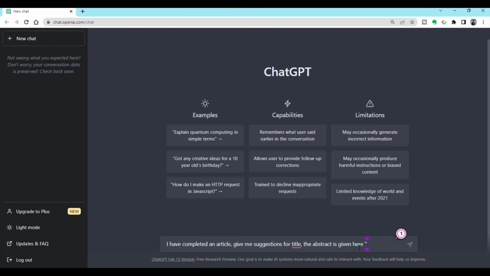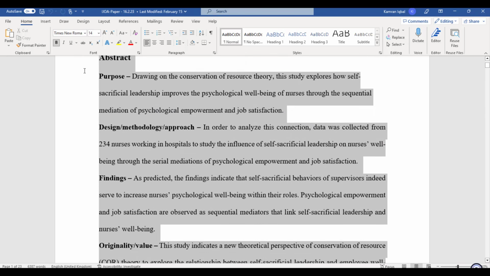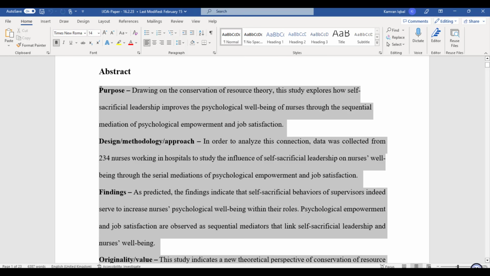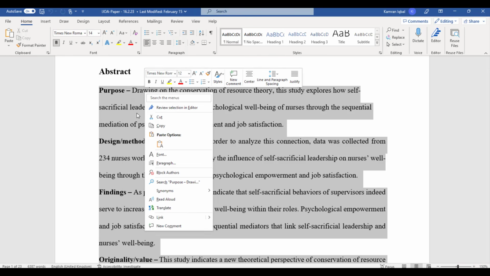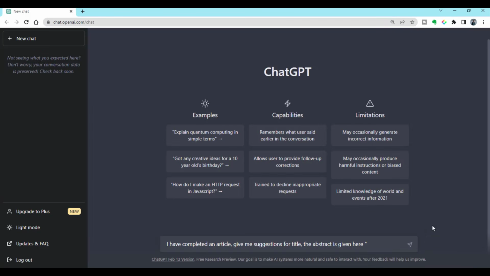Just put the inverted commas. Just copy your abstract. It is better to include keywords as well. Copy and then paste it here.